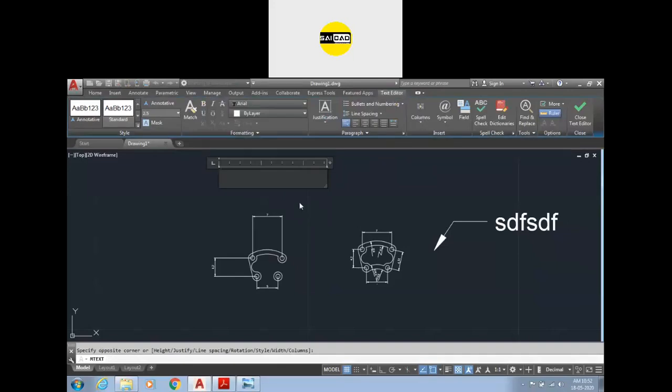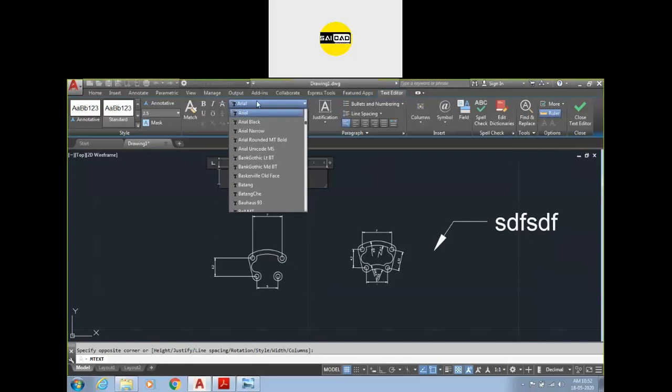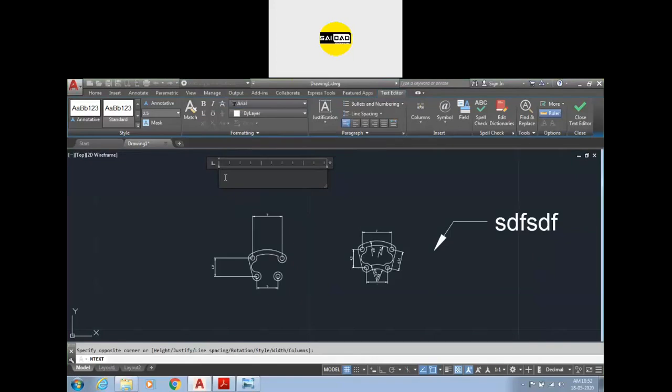No, there is no such thing. You can use Times New Roman. You can use Arial, whichever you need. There is no such thing that we use fancy fonts. We don't use some fancy font. Just use simple fonts and that will be enough. Most of the time it will be Arial or Times New Roman.